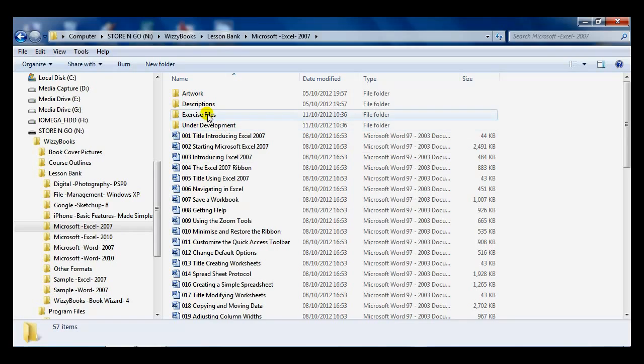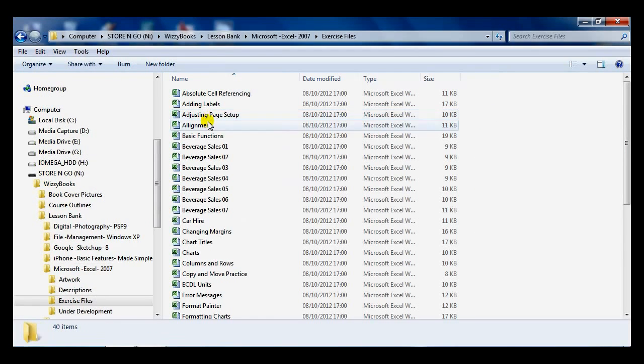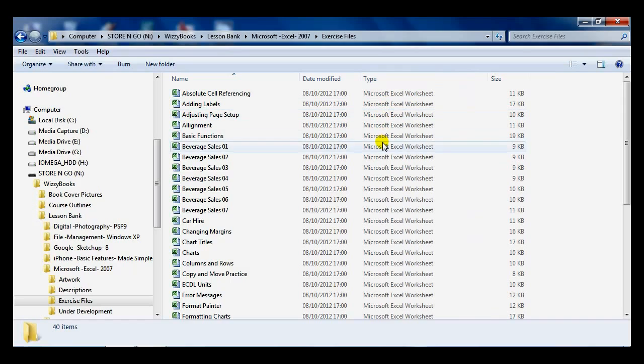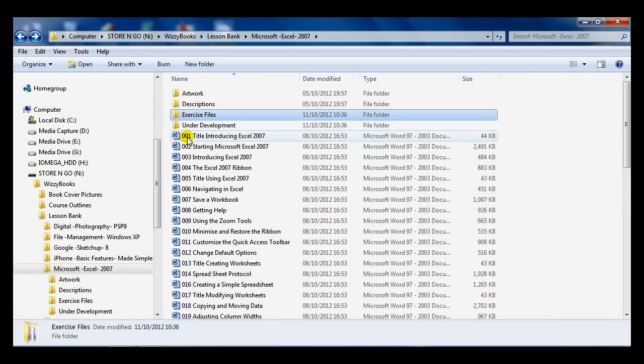The exercise files that you use, on the other hand, they can be in the latest version. So if you're using 2010, you can store all your exercise files in that particular version. It's only the instructional lessons that have to be saved in the 97/2003 format. Let's go back